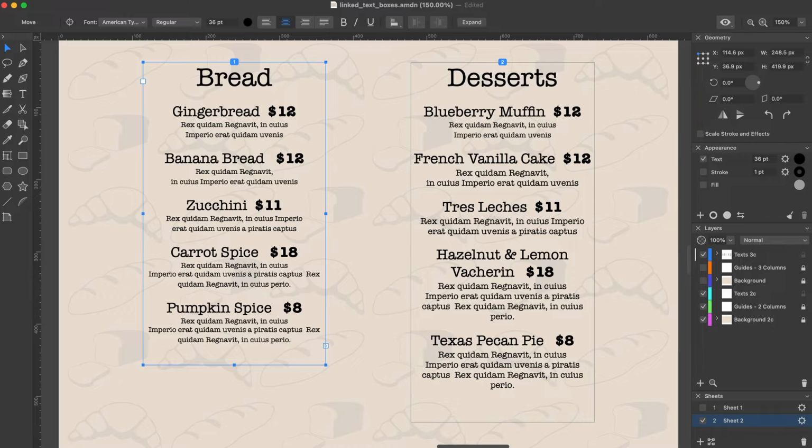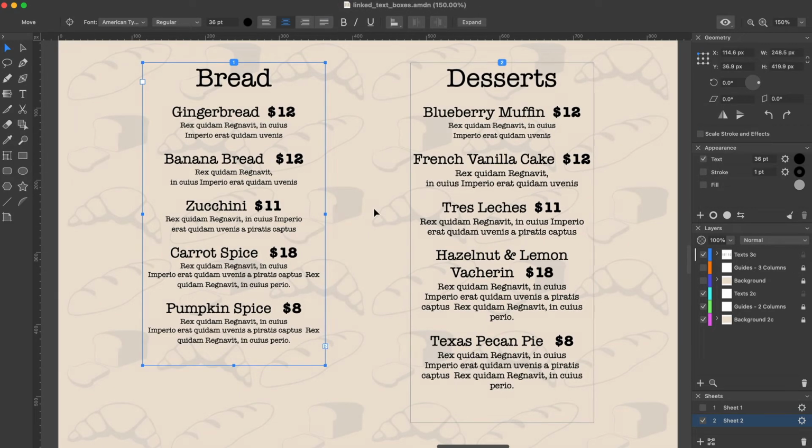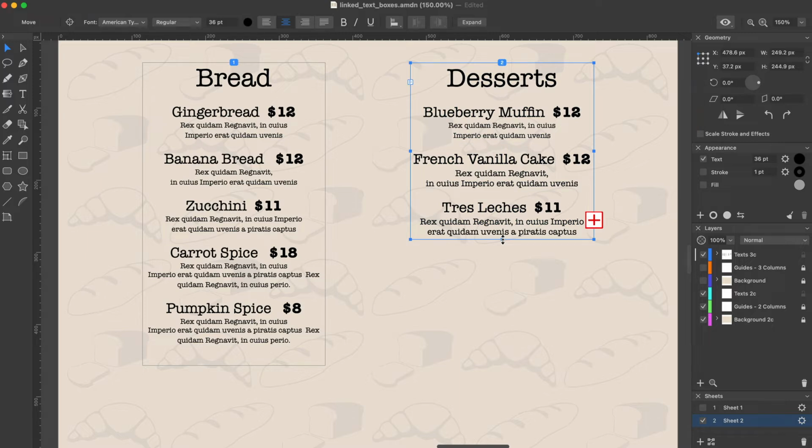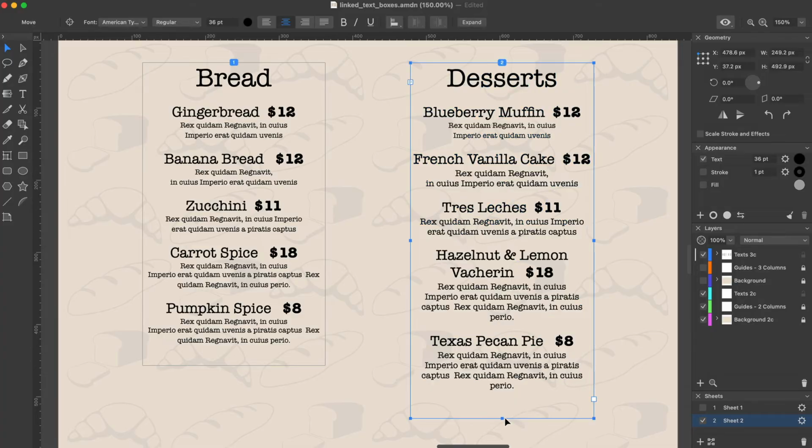Linked text boxes form a sequence in which each text frame knows its place in the order. Tags with numbers at the top of each frame display this order. Text always begins in the first text box. If there's not enough space, the text overflows into the second text box, and so on. If all of the present text boxes are full, but there's more text remaining, the last frame in the sequence will display a red plus icon on the right-hand side. This plus indicates that a portion of the text didn't fit and therefore cannot be displayed.